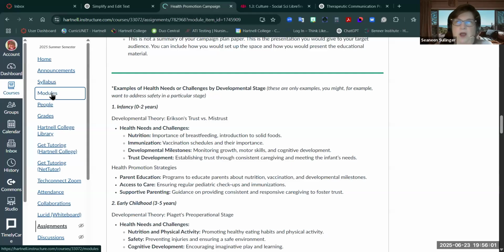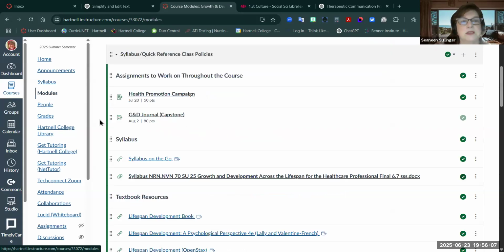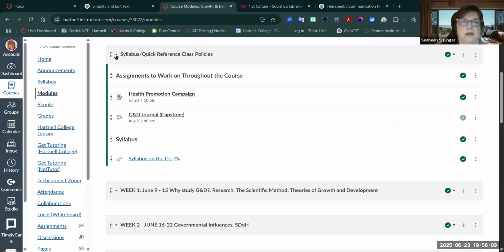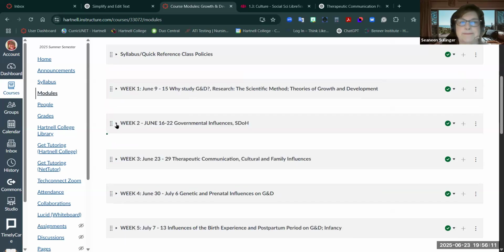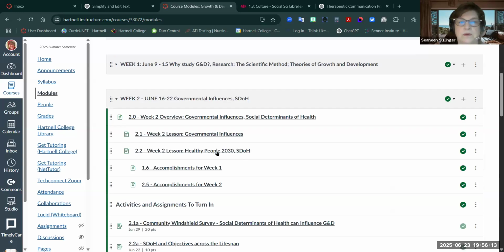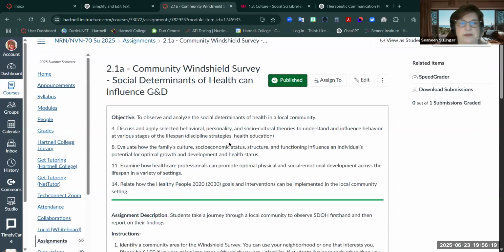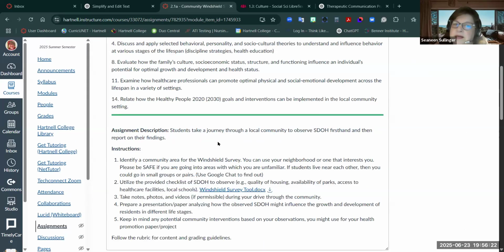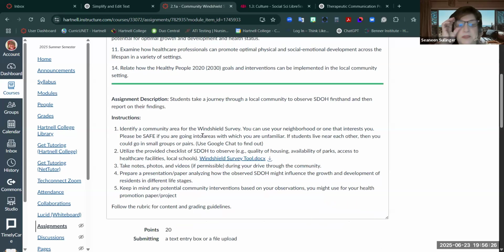The notes that you're taking are to help you fill out that form, which has the different components. Let's look at the Word doc. Social community windshield. And I'll put a link to that in week 3 as well. So ask me again, does it have to be a paper, or could it be a presentation?